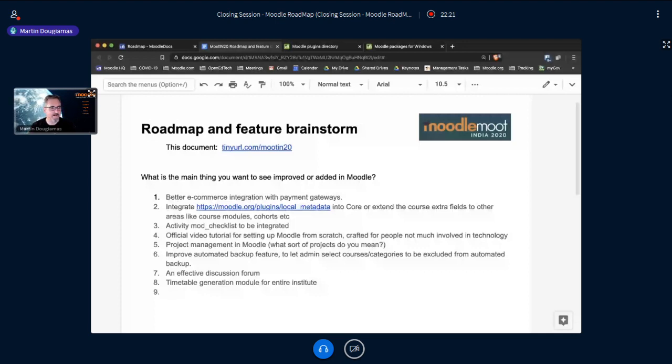Number 9. So Rajneesh is talking about... well, Rajneesh, the CSS is all in the plugin already. The Moodle.css is actually Moodle putting all the CSS together into a file. That's not the file you should be modifying.